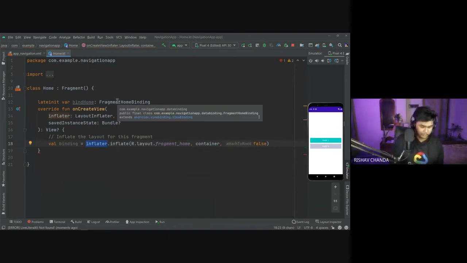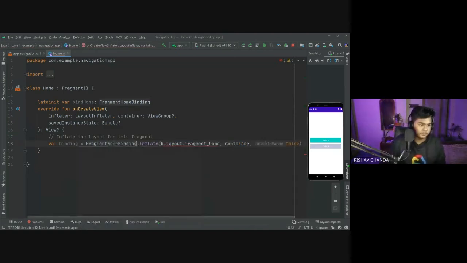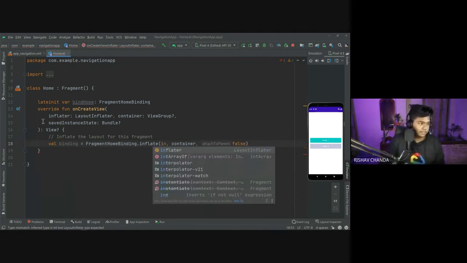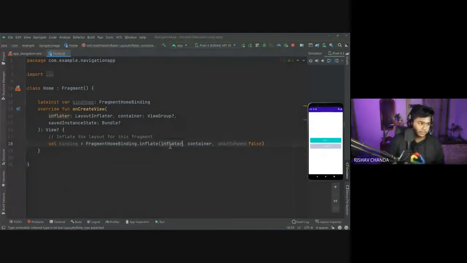So I would write fragment home binding, and now you can see the error is coming here because we are using view binding, right? So instead of this, what we have to write is inflater. This inflater we have to write here. So I would write this one. You can see this inflater, and now it is pretty much good to go with the view binding.